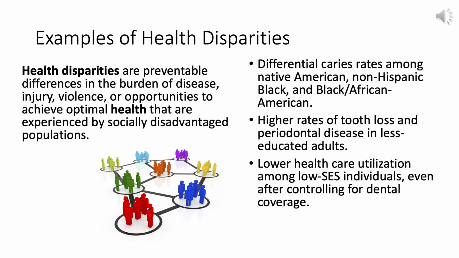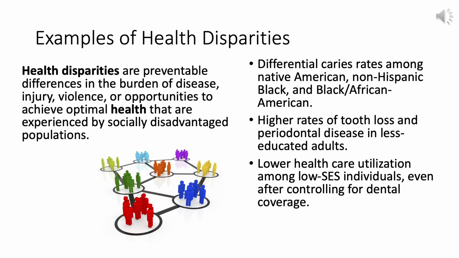By now, many of you might be familiar with some examples of health disparities, but by definition, a health disparity is a preventable difference in the burden of disease, injury, violence, or opportunities to achieve optimal health that are experienced by socially disadvantaged populations. So one of the key pieces of this definition is that you have to believe that health disparities are preventable. That is, having a sense of self-efficacy that we can make a difference with